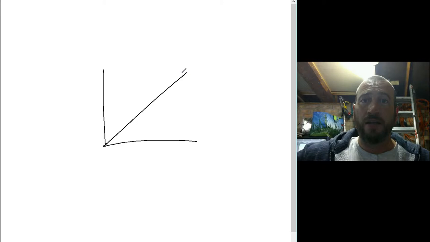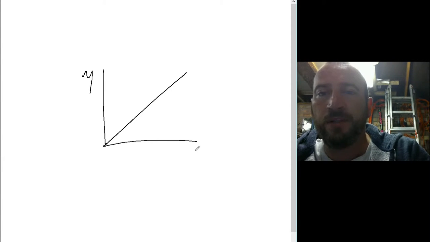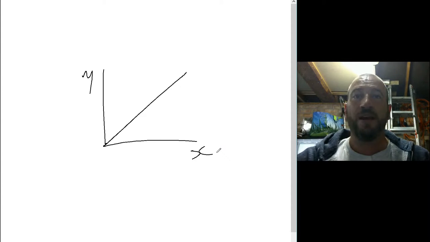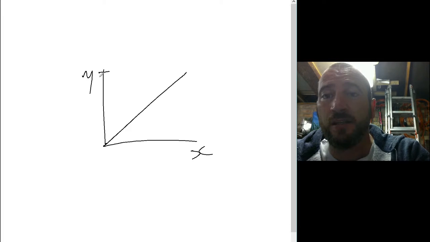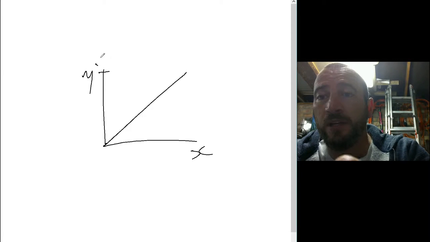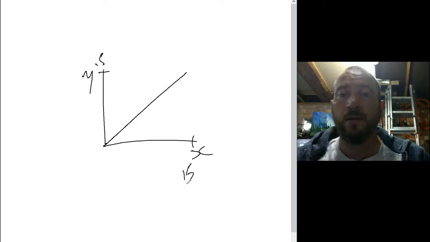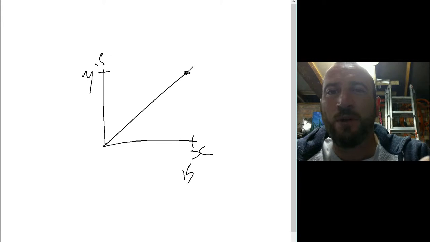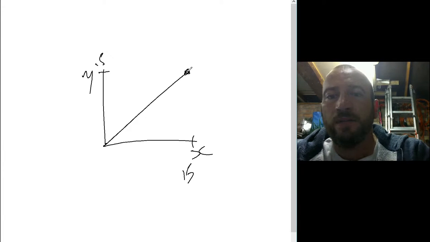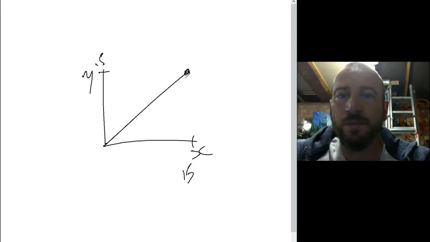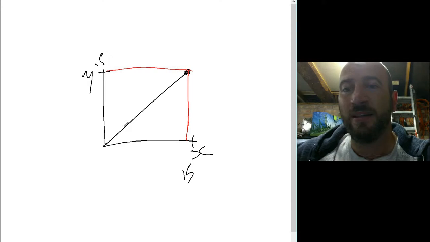In this case, this is our y-axis, this is our x-axis, and let's say this is 15, y is 15 there, and x is 15 there. That means the coordinates for that point are 15 and 15. If we look at this, we have a square or half a square. This is the area